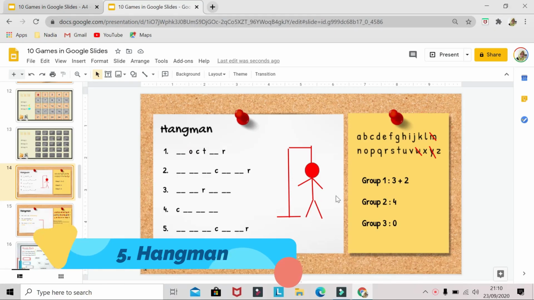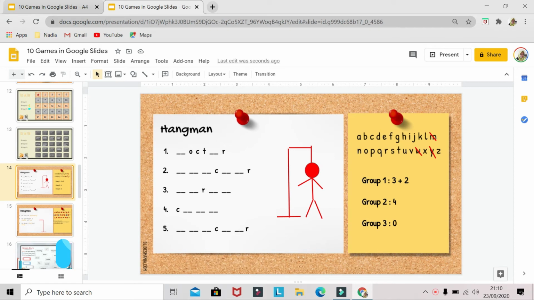Hangman can be played individually or in groups. So teachers can put as many words as he or she wants to review, and then the group or the students take turns choosing letters from this alphabet, and the teacher will put it over there.